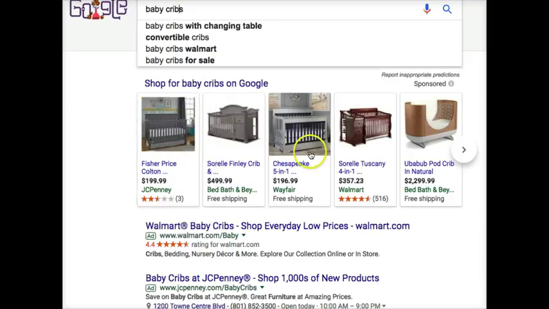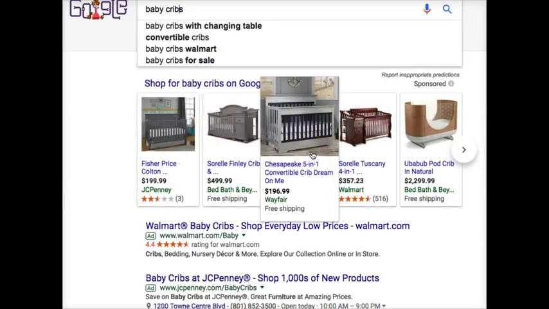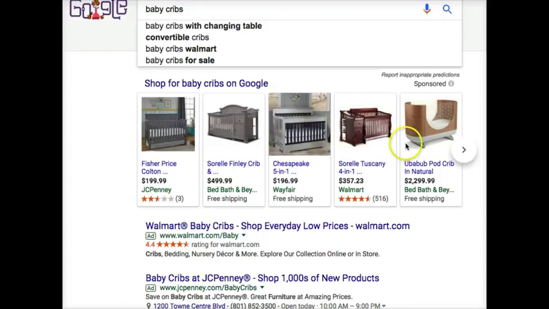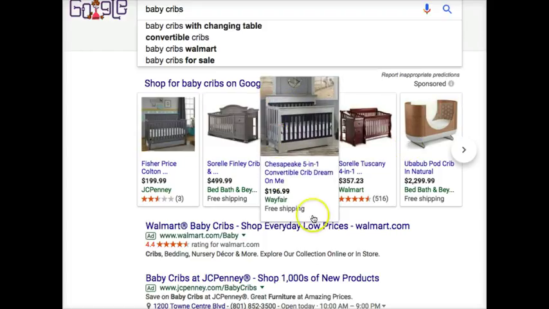So these are all ads called pay-per-click ads. They're showing up here, but they don't get charged unless I click on this. If I click right there, then Wayfair is going to get charged 60 cents or $1 or whatever they're bidding to be placed up here at the top. They're going to get charged that every time somebody clicks on this. And that is a good way to drive traffic. It's a very valuable way to get your name out there, to get your brand.